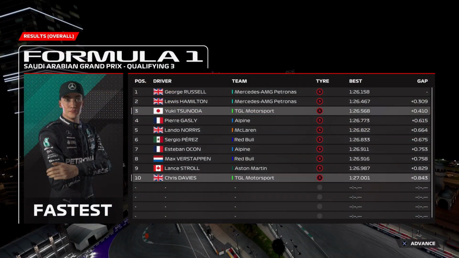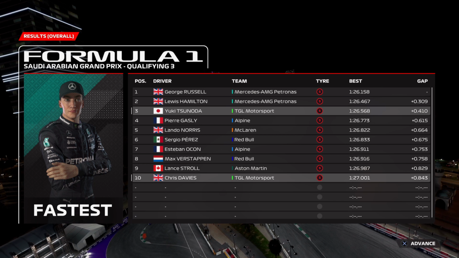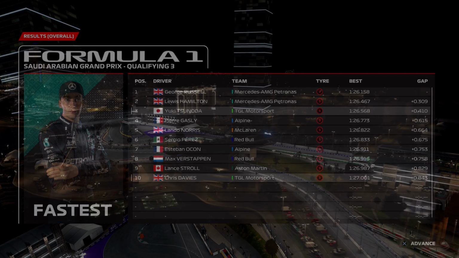I think it's only really about 1/10.5 there, and that is all the difference here because it's very close. We ended up P10, and Yuki Tsunoda's P3. It is a Mercedes 1-2 on the grid. If we had a better run through that section where we didn't lose that 10.5, we would have been about P6, P7. So P10 on the grid for us. Tsunoda's done great for P3, but let's see what the pace is in the race for the Saudi Arabian Grand